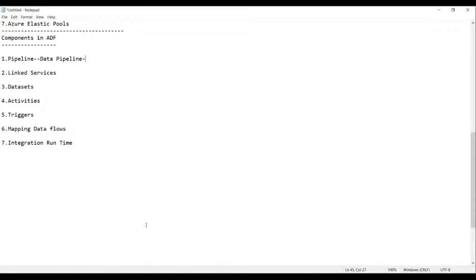It is used to carry the data from the source to the target. Hence we call it a pipeline.